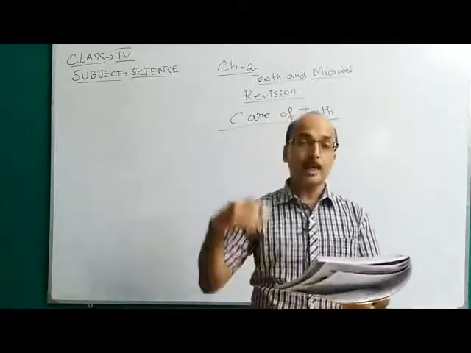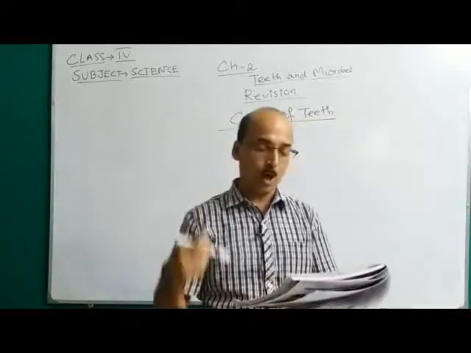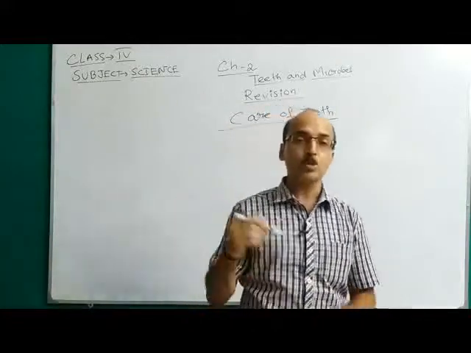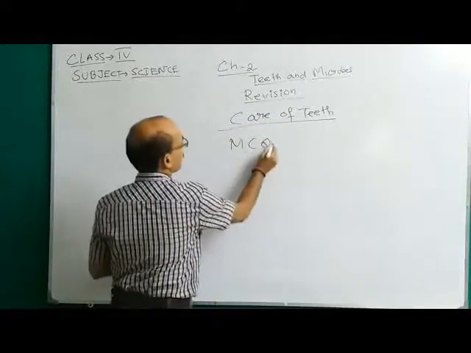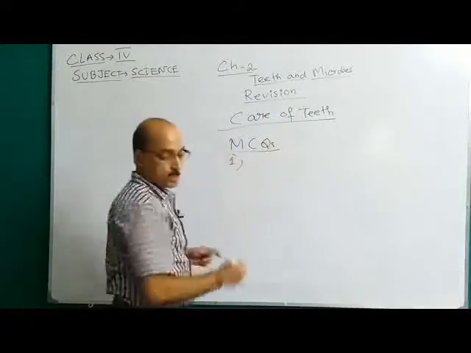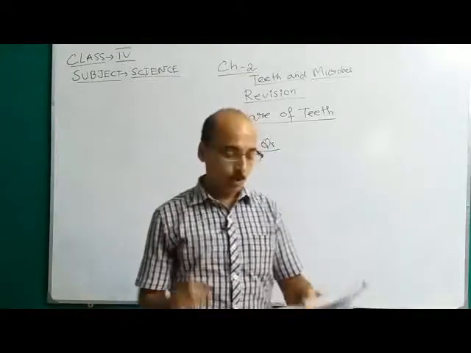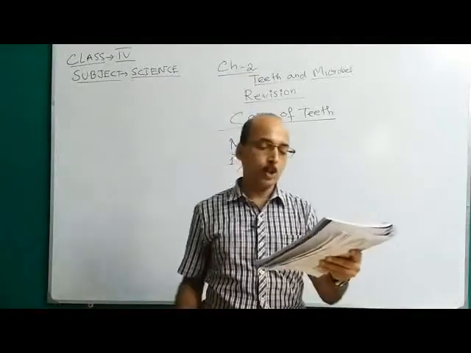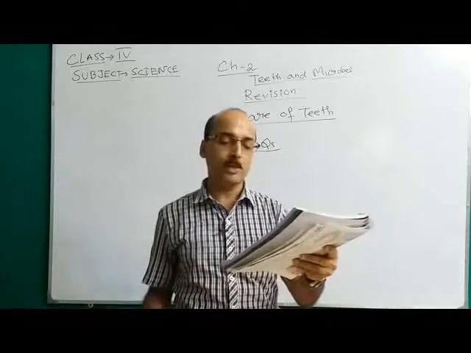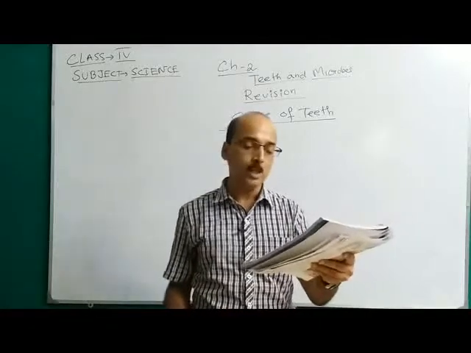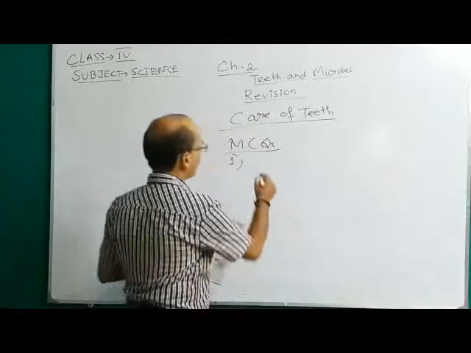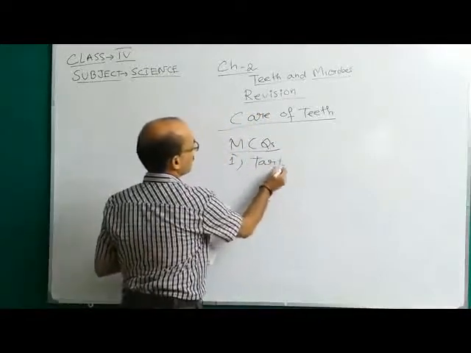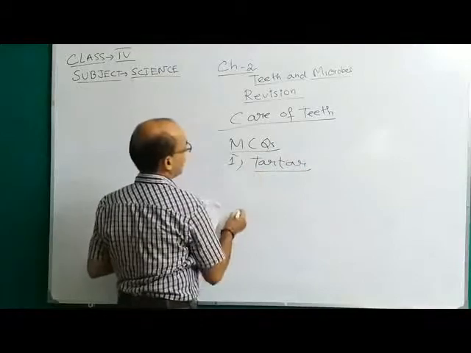Then coming to the next point, students, multiple choice questions. We will also discuss this one, MCQs. Okay, first one, your options will be given. Number one, the yellow substance that covers the teeth if they are not kept clean is called dentine, tartar or plaque. It is tartar. There is a yellow substance if you don't keep your teeth clean.